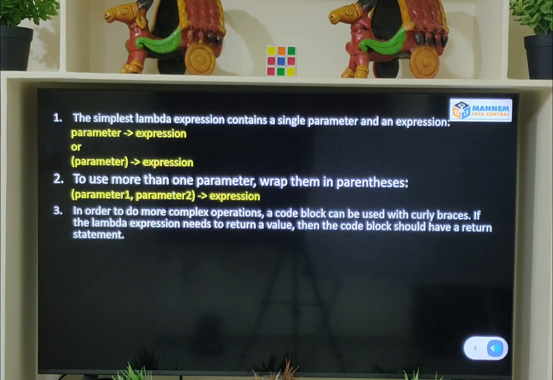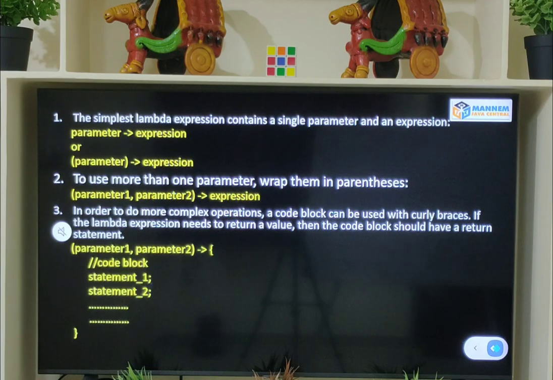And if you want to write the return keyword, you have to surround that return statement in curly braces. Otherwise, you no need to use the return keyword. See this example. In the braces, we have two parameters. And if you observe, we have more than one statement. Those statements are surrounded in curly braces.